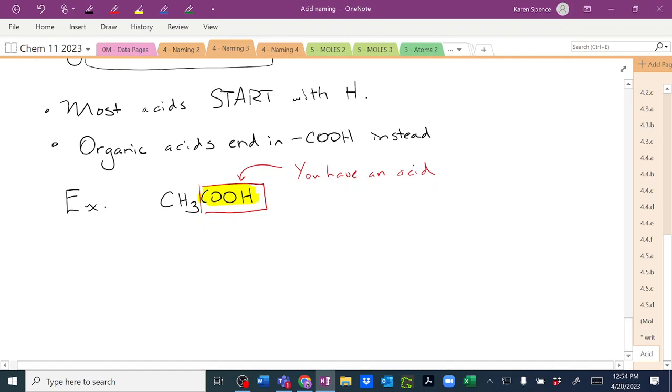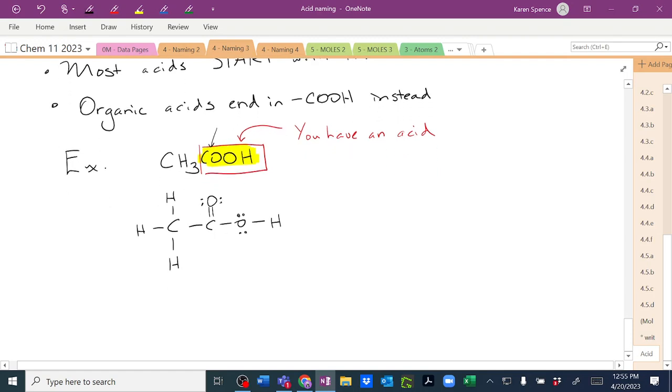Now we could draw the Lewis structure for this, where we have a carbon with 3 hydrogens attached. It's attached to a second carbon here, and that carbon has a double bond O, and then it has a bond to an O, and then that O bonds to an H. You don't need to be able to draw that. I'm just showing it to you because what I want to point out is that this section here,